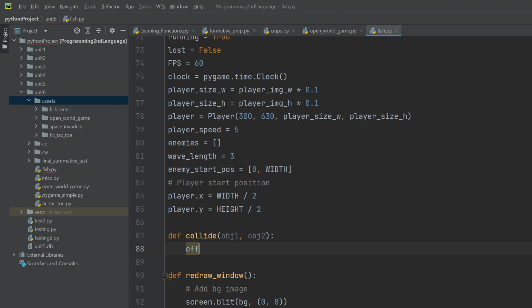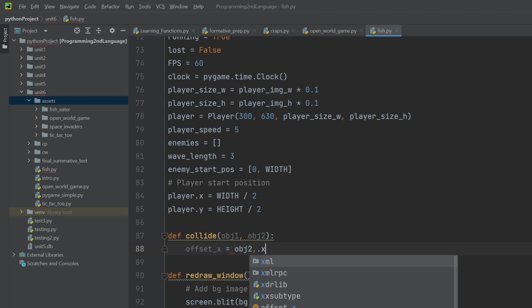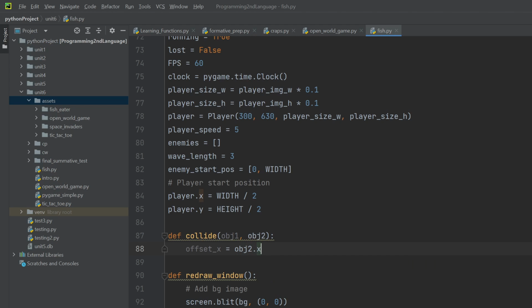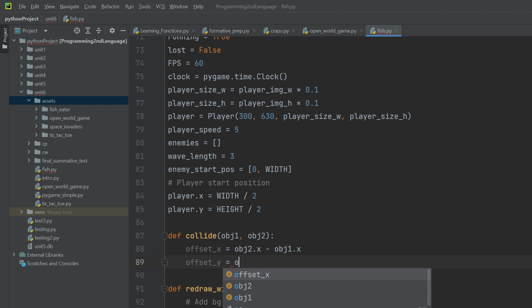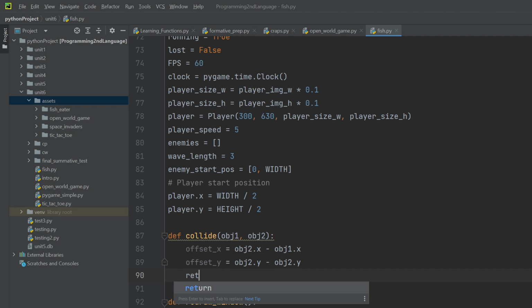So we'll say offset x equals object2's dot x value minus object1's dot x value, right? Subtract the two x positions, see if it overlaps or not. You'll see where this is going. So offset y is actually going to be the same thing, but with the y values, because again, same math here. And then we can return object1.mask.overlap